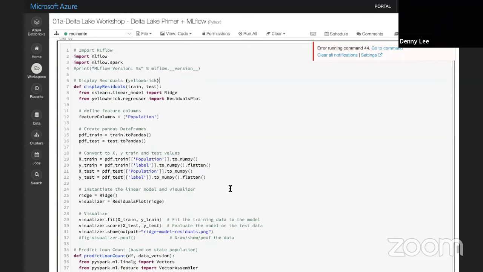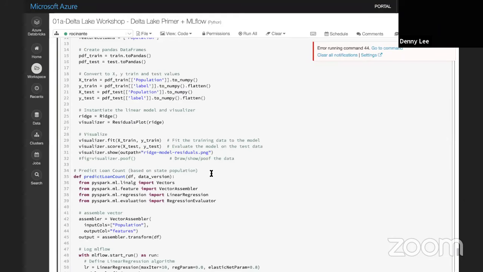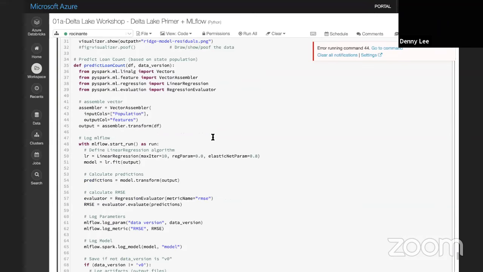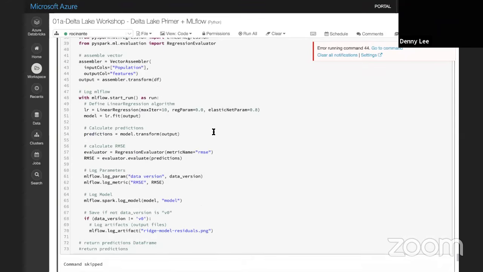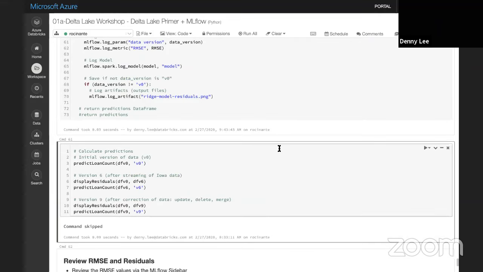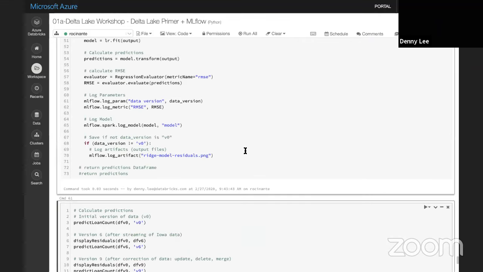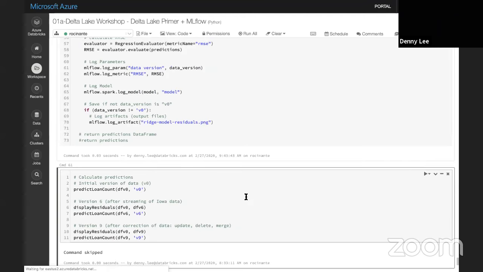Okay, so what I'm doing here is actually just running a standard. I'm actually running Yellowbrick so I can do some residuals, so I can just visualize it. But I'm simply, excuse me, predicting the loan count. That's all I'm doing. So I'm doing a standard linear regression. I'm using the exact same metrics for each and every one. It's basically like if I was to deploy the model. So I'm just going to run that right now. Oh, sorry, I'm going to simply run the code. Okay, and then now I'm actually going to run the code.